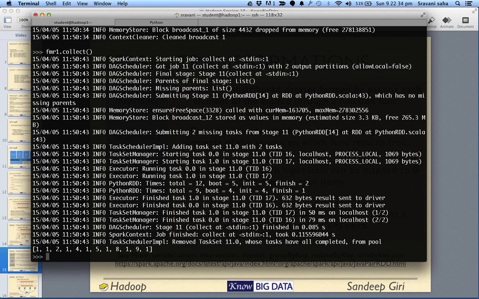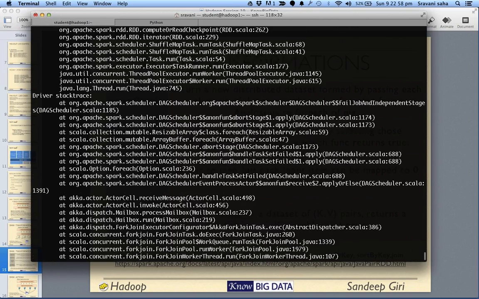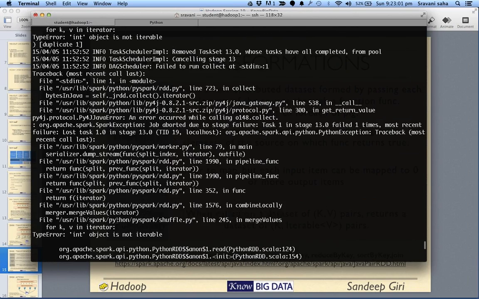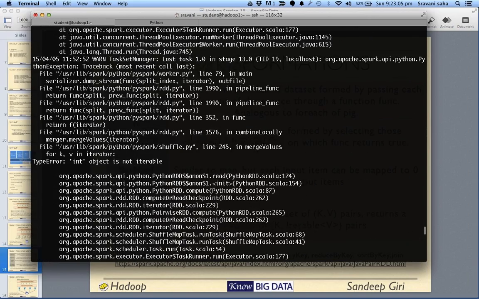So here there are keys, and we can say fmr dot group by key. Right now we are not saying anything else, and we say group equals this. And if we say group dot collect, let's see what is inside it. It says that the int object is not iterable.